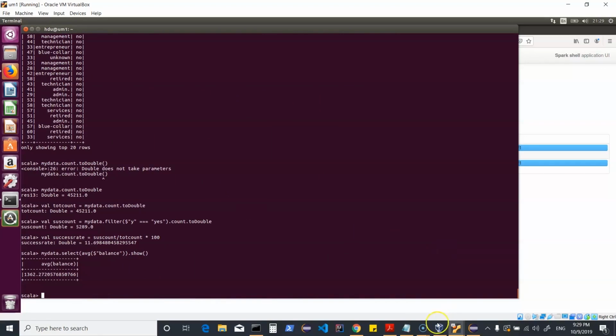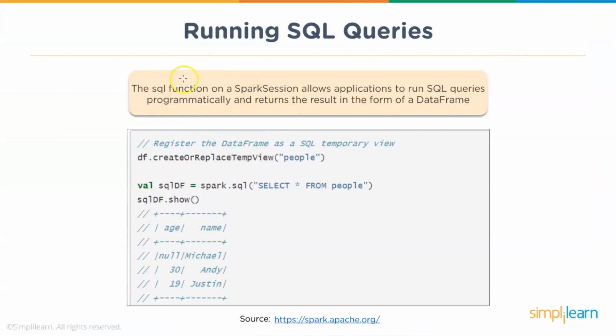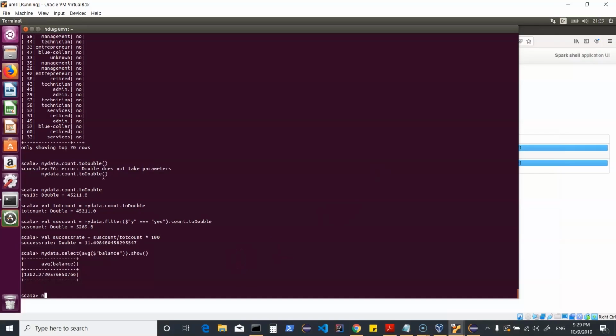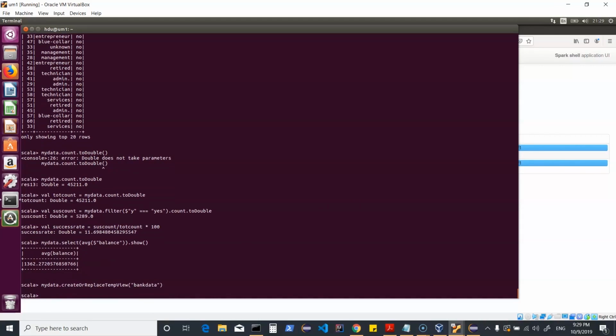Now there is one more thing about data frames. You could basically be creating a temporary view, and then people could be using their select queries to work on data. So we could do the same thing. Now here we could say myData.createOrReplaceTempView, and we could give it a name. So let's say bankData, and this basically facilitates querying. So now we can just use